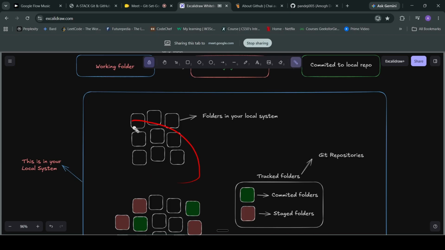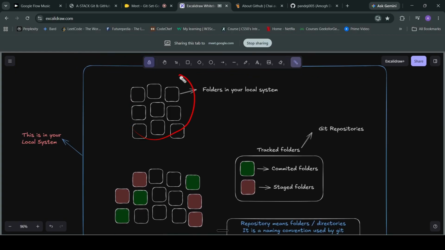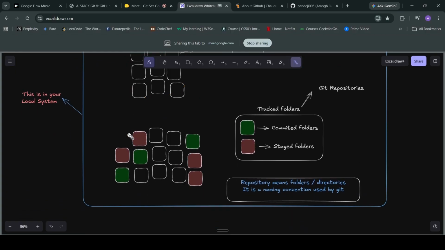You have thousands of folders in your local system, and you need not track every single folder. You will only track what you actually want. So these are the folders, and after that you use some commands.